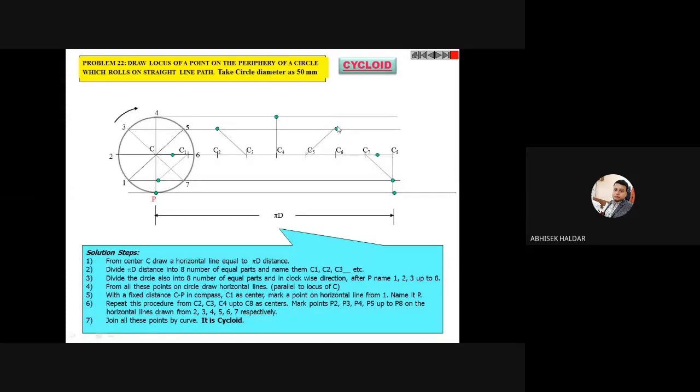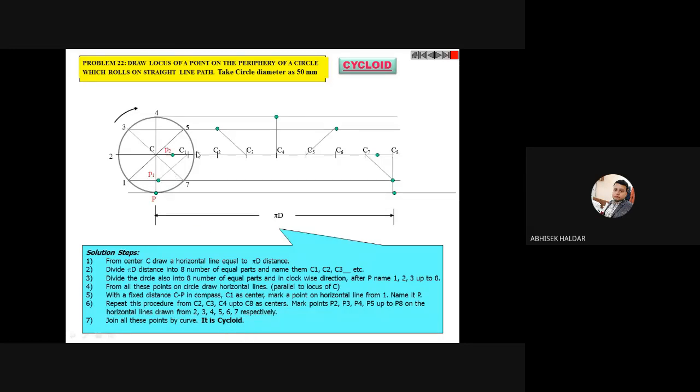When it is not coming with the face of the French curve, then you are supposed to join smoothly with your free hand. Otherwise not. When it is coming in the face of the French curve, you have to use the French curve, otherwise you will not get a smooth curve. But when the points are far apart, you have to use your free hand for joining. Okay, now if I join, I will get a curve.